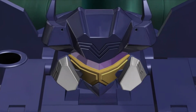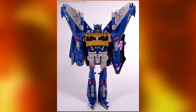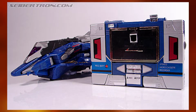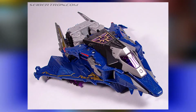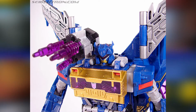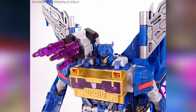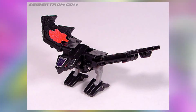To find the next major iteration of Soundwave, we have to go all the way to Transformers Cybertron. Now, this Soundwave is legitimately really interesting in terms of what they were going for. Instead of being a tape deck, he was an alien spaceship from Planet X, the same planet that Sideways was from. That said, you'd still see a lot of design aesthetics from the original G1 Soundwave, the faceplate, the head design, the fact that his chest is still designed to invoke the tape deck,